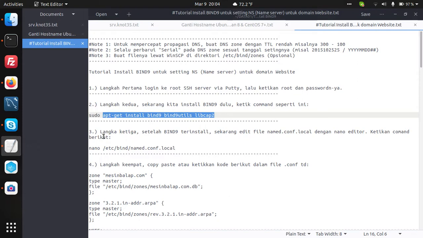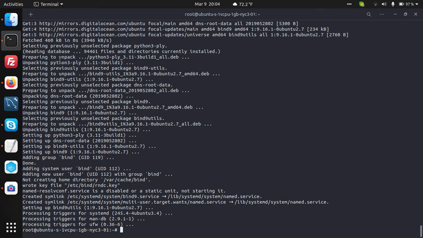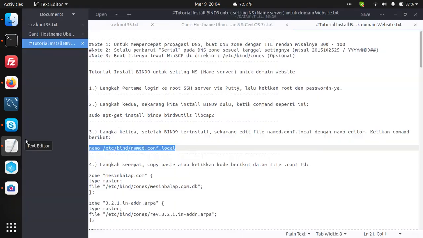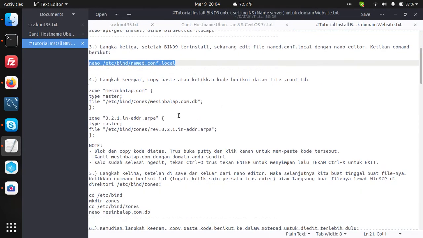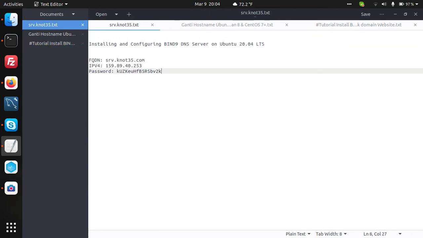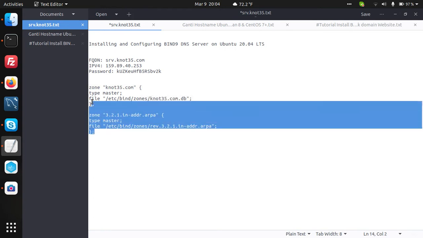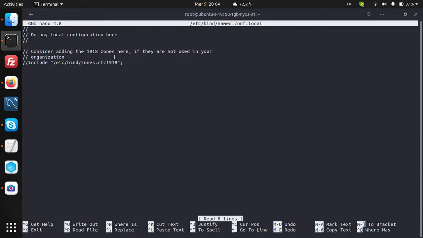Okay, after that let's edit named.conf.local, like this.